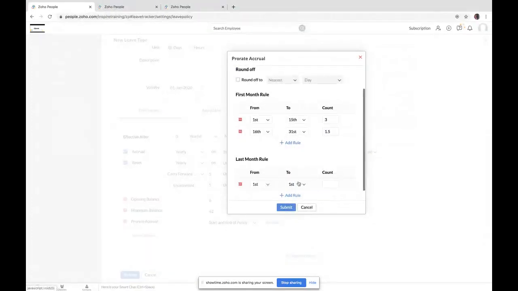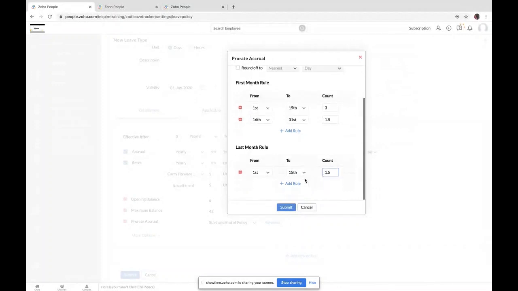The same applies with exit month as well. In this case, it should be 1.5 days as they're going to serve only for the first 15 days, and then 3 days if their date of exit is between 16th to 31st. In this way, you can make sure your employees are getting the right amount of leave balance based on their date of joining or date of exit.